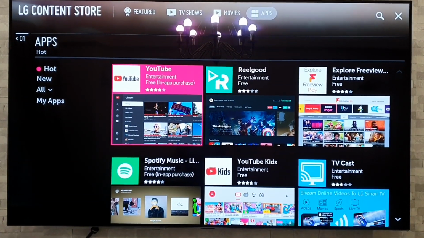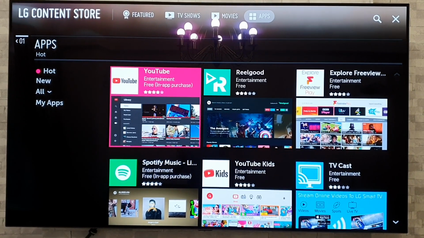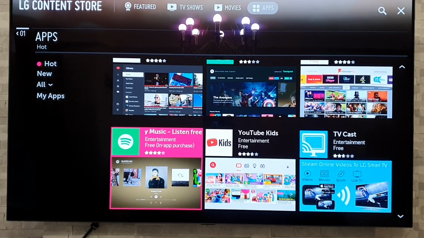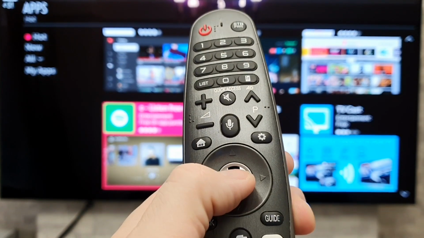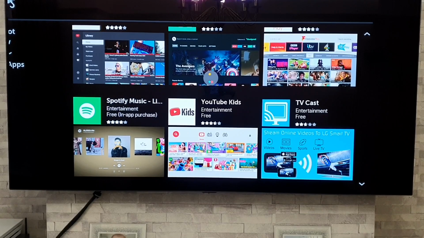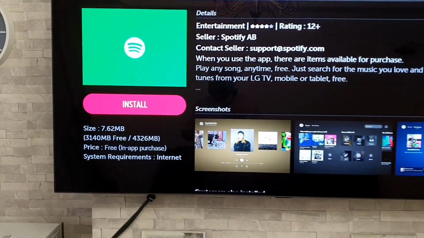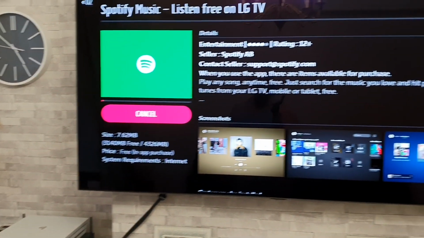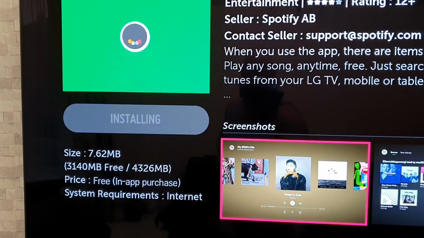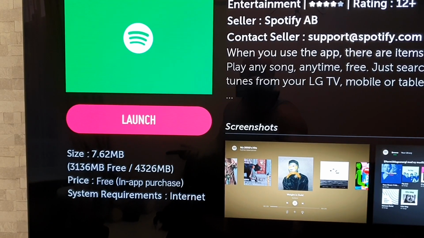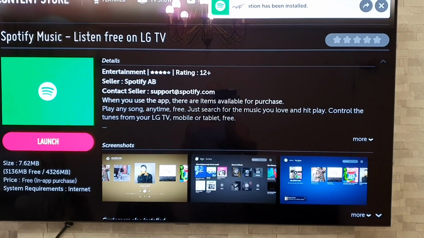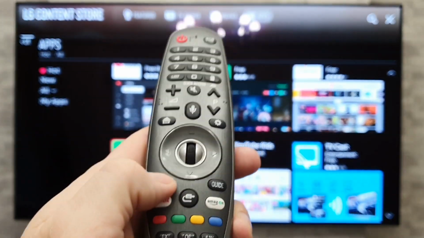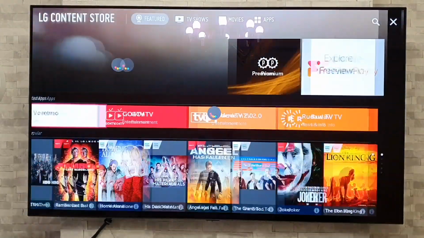Now, as you can see here, we've got a variety of apps. I'm just going to pick one at random here and we will go for Spotify. Again, just click on the scroll wheel there. I'm going to simply press to install, and hopefully within a few seconds that should download and install, and there we go, the app has been installed. So if we come back out of that now, pressing the back button,